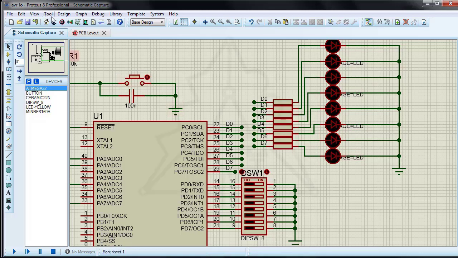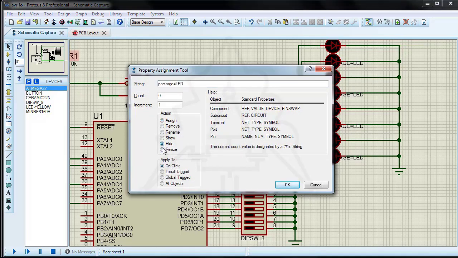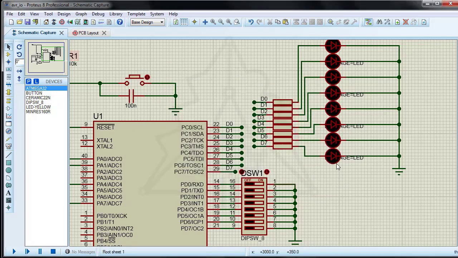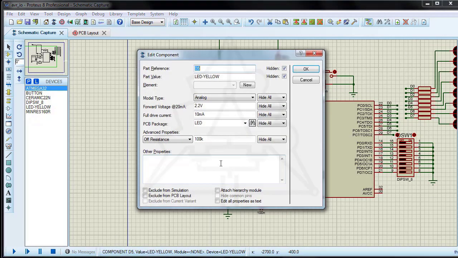Let's hide the package name. Check some LEDs randomly.